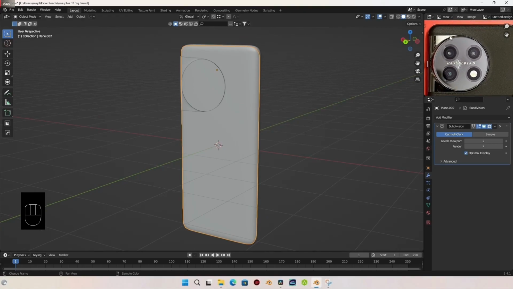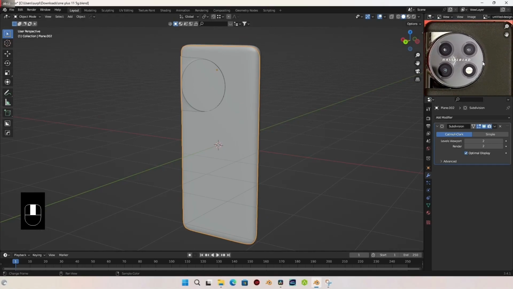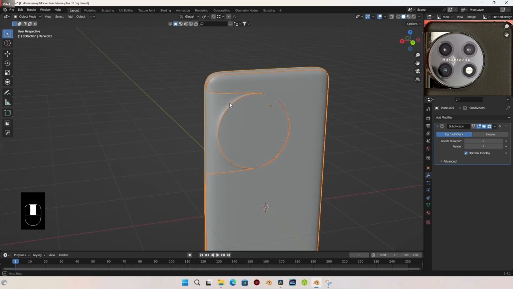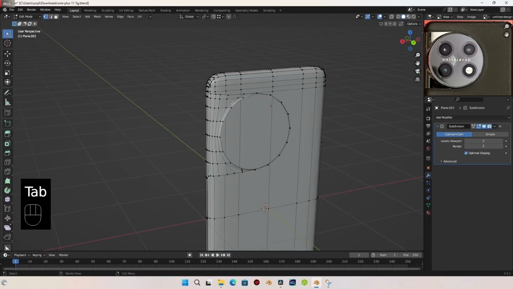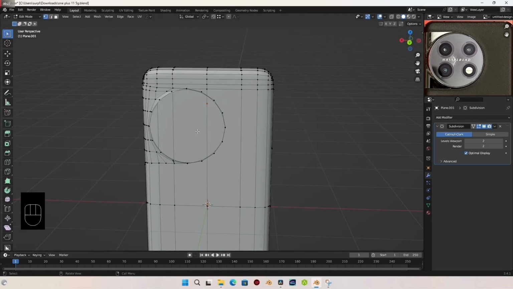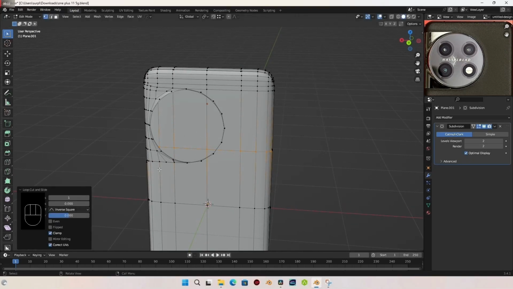Next I want us to create this bump detail that goes around the cameras. Don't know if you can see it, but there is a bump detail going around here. So to do that, I'm also going to select these by holding shift, and let's go into edit mode and let's add some edge loops here. Let's click to add this one,